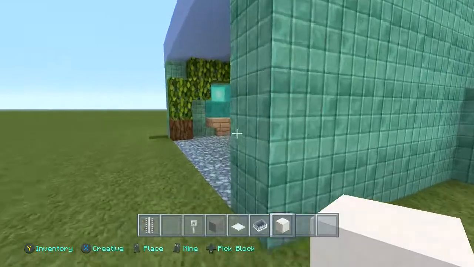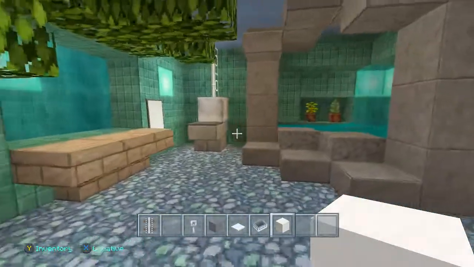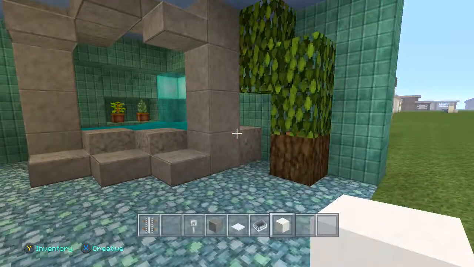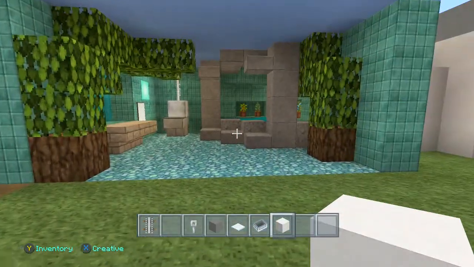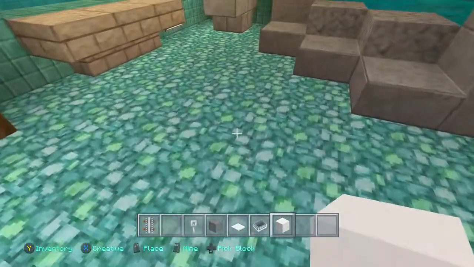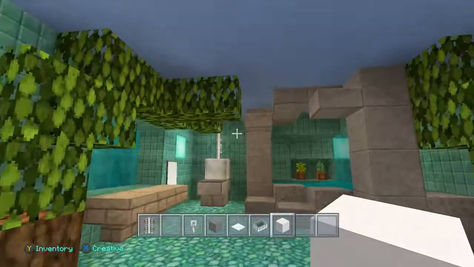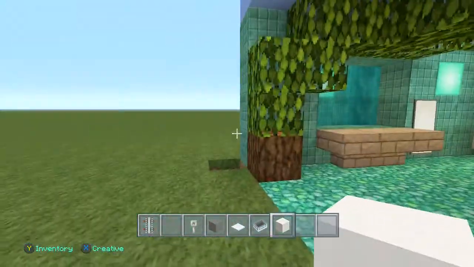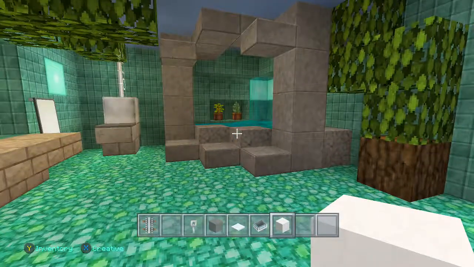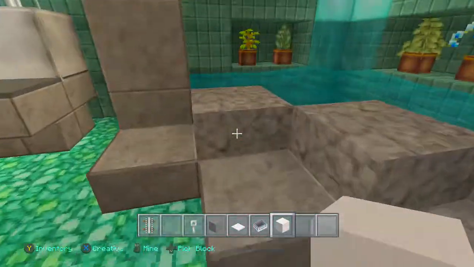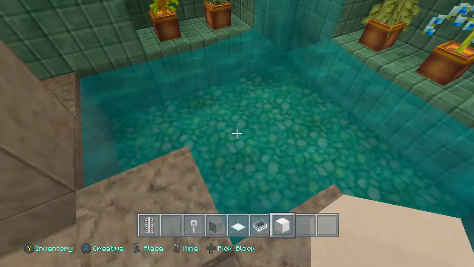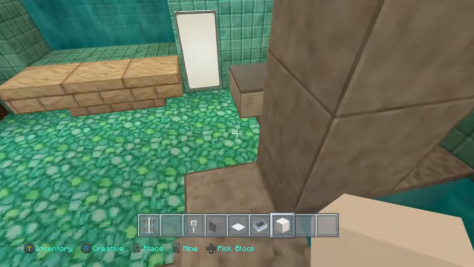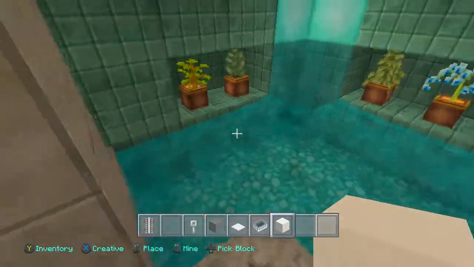Okay, and for the last one I decided to go for something a little bit more wacky. If you're a little bit out there, then you can go for this sort of design. So for the floor, it's pretty much all blue this room, or blue and green. I don't know what color that is. It's kind of like bluish green. But we have got a full-size bathtub here, or hot tub, whatever you want it to be,